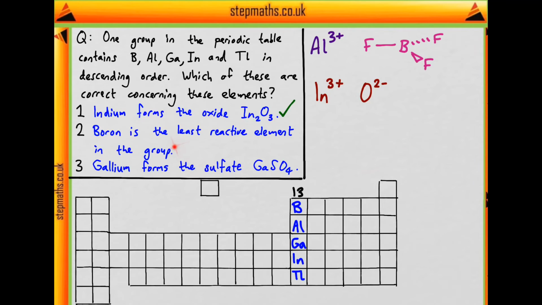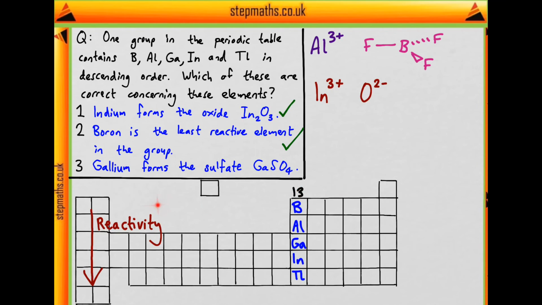So next, we're told that boron is the least reactive element in the group. Would this make sense? Well, what do we know about reactivity trends across the periodic table? We know that for the metals, reactivity generally increases as we go down the group. I'm sure we've all seen the experiment of lithium versus sodium versus potassium with water. And is this a metallic group? Well, we know that aluminium is a metal, and so anything below aluminium must also be a metal. So it's safe to assume that this group will follow the metallic trend in reactivity. And what would that mean? That boron, being at the top, would indeed be the least reactive element.